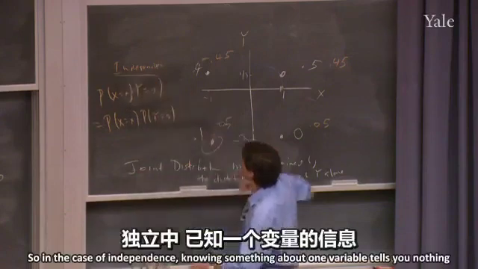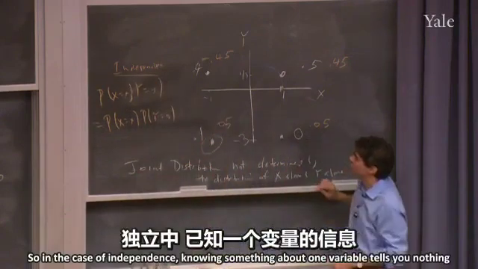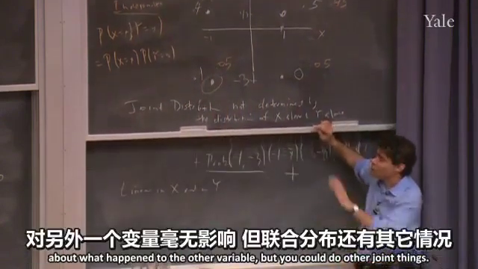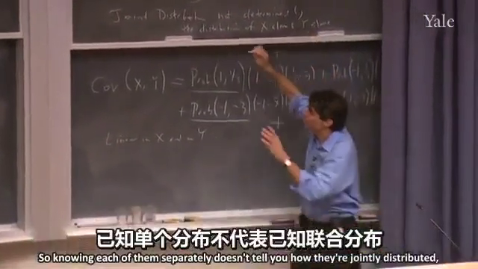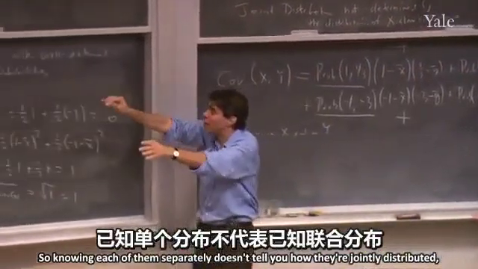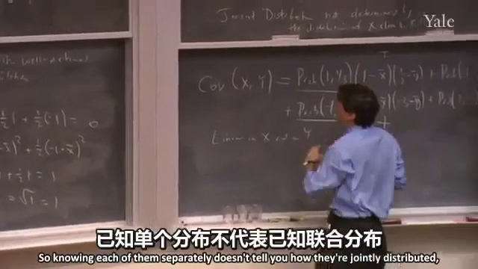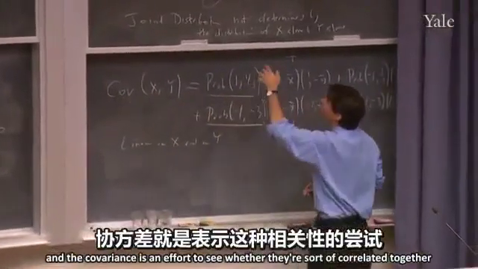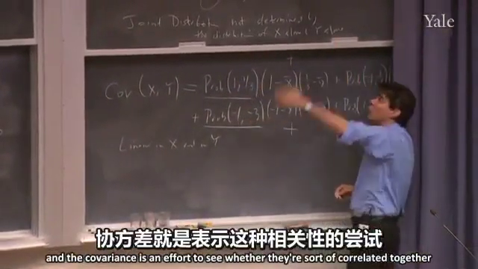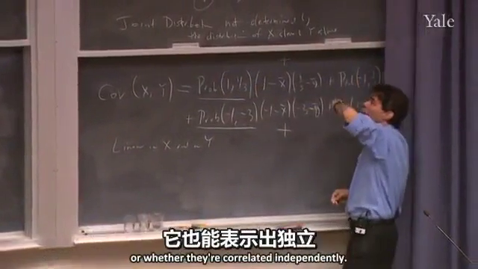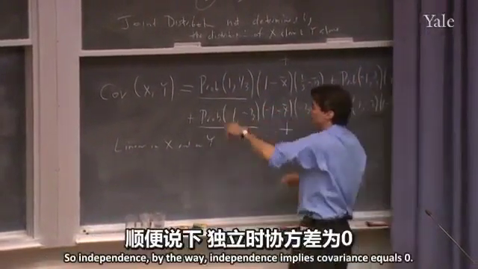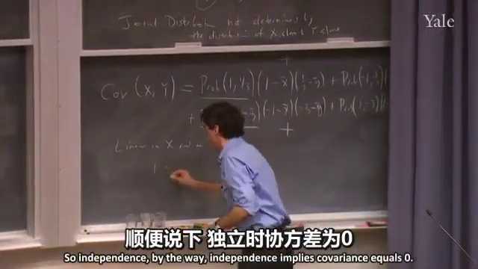So in the case of independence, knowing something about one variable tells you nothing about what happened to the other variable. But you could do other joint things. So knowing each of them separately doesn't tell you how they're jointly distributed. And the covariance is an effort to see whether they're sort of correlated together or whether they're correlated independently. So independence, by the way, independence